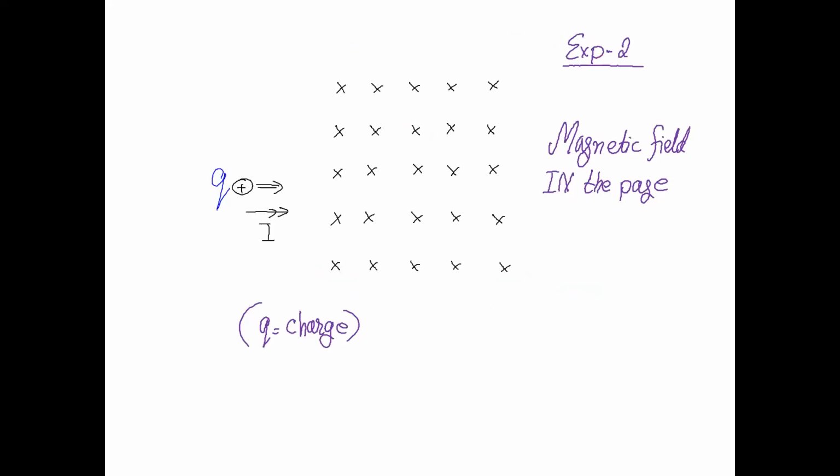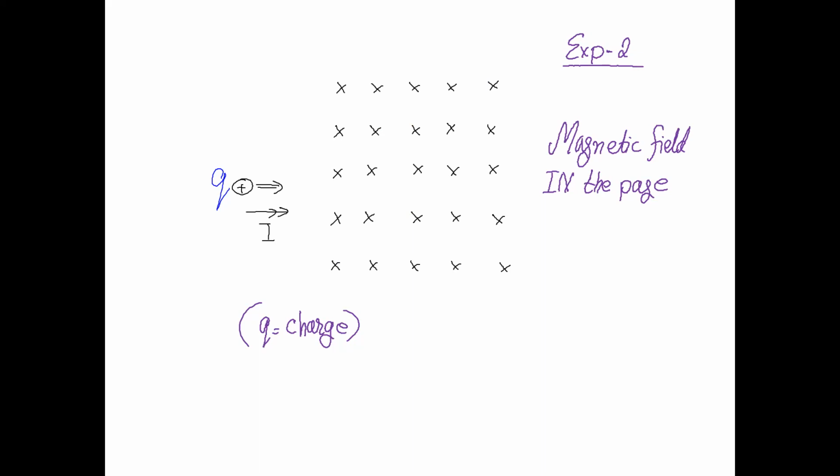Now, example number 2. A charged particle is entering in a magnetic field, but the charged particle is positive. A very important concept to remember,